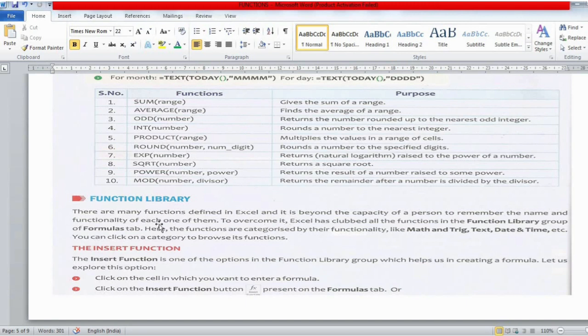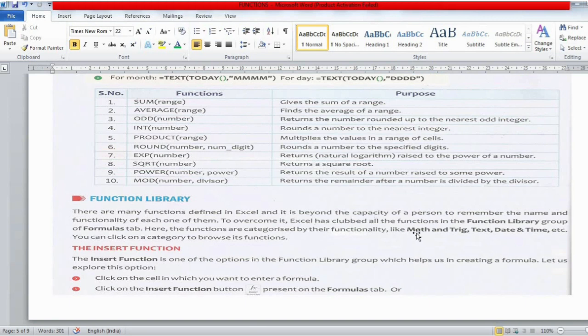There are many functions predefined by Excel. It is not possible for a human being to remember all the names of the functions and what each function does. So that's why Excel has given us a function library, which shows all the functions that are present and the use of each particular function.